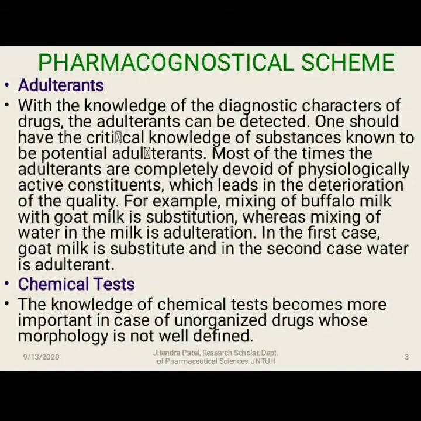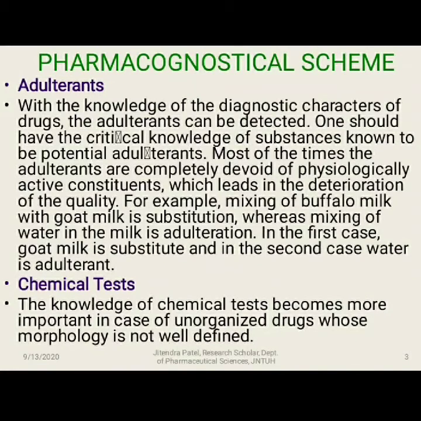So in adulteration, we are mixing an inferior quality of crude drug into the original crude drug to increase the bulk quantity for marketing or commercial purposes, right? So we need to know what other similar looking substances or inferior quality crude drugs can be mixed with that particular crude drug. What are the adulterants? Adulteration is actually a malpractice going on in the herbal market trade worldwide, right? So the name of the species, the name of the drug which can be an adulterant for that particular drug, we need to understand.